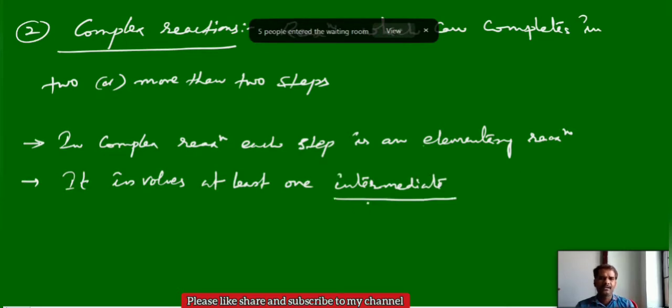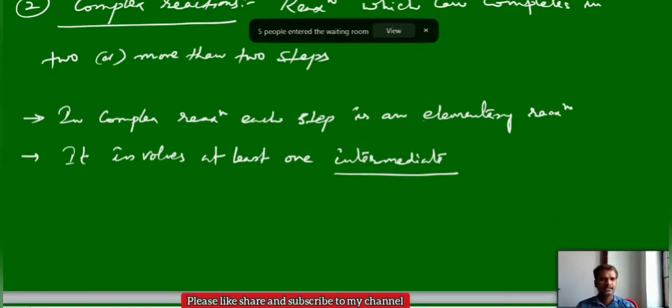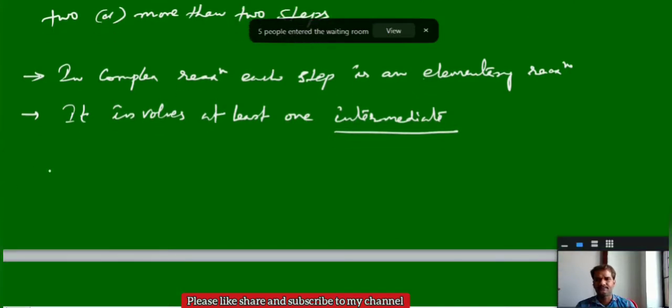So, what is the intermediate? It is a substance which is produced within the reaction and which is consumed within the reaction itself. Means what? After the start of the reaction, some new substance can generate that can be present throughout the reaction, but at the end of the reaction it may undergo decomposition, it may disappear. That is called an intermediate. It can be generated and it can be consumed within the reaction.